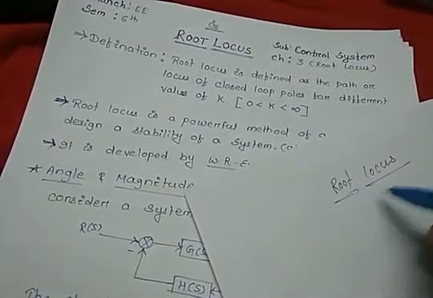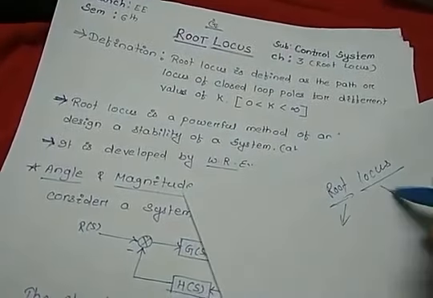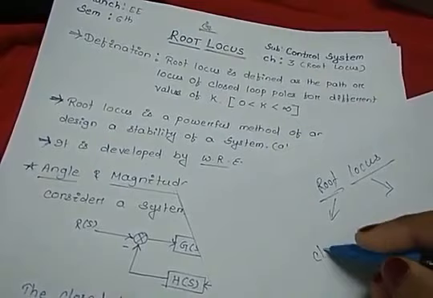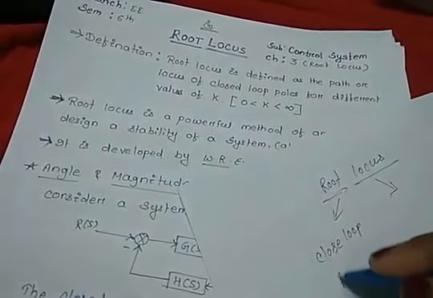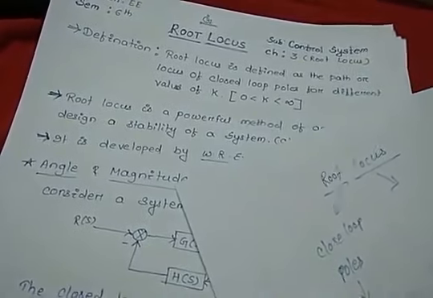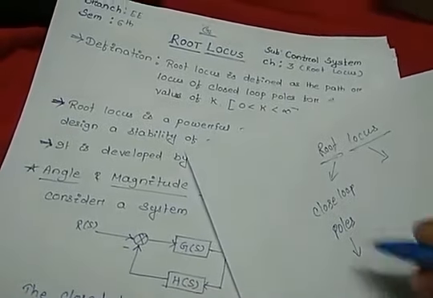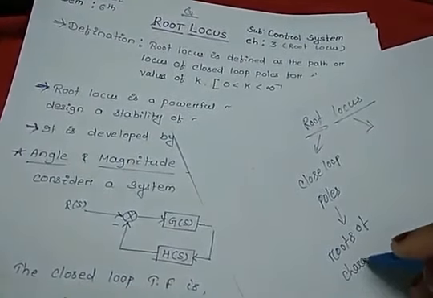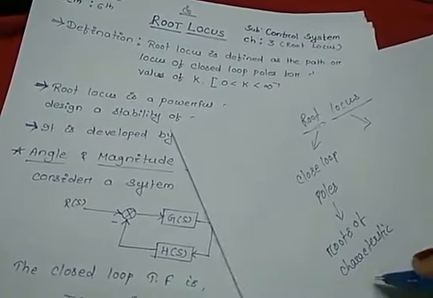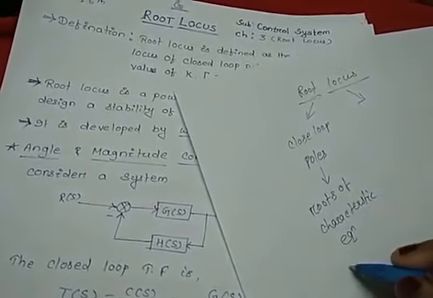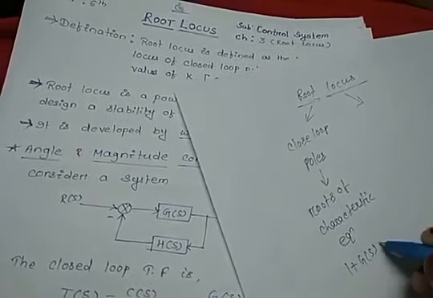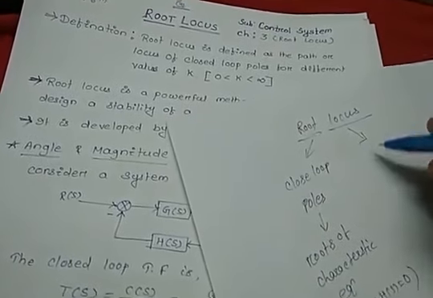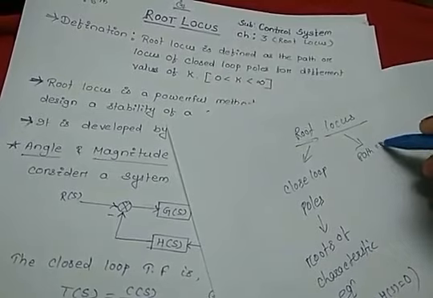This root locus contains two words, one is root and the other one is locus. Root means nothing but the closed loop poles. What is closed loop poles? It is the roots of the characteristic equation of our control system, that is, as we all know, 1 plus G(s)H(s) equal to 0. This is the characteristic equation, and locus means the path or the curve